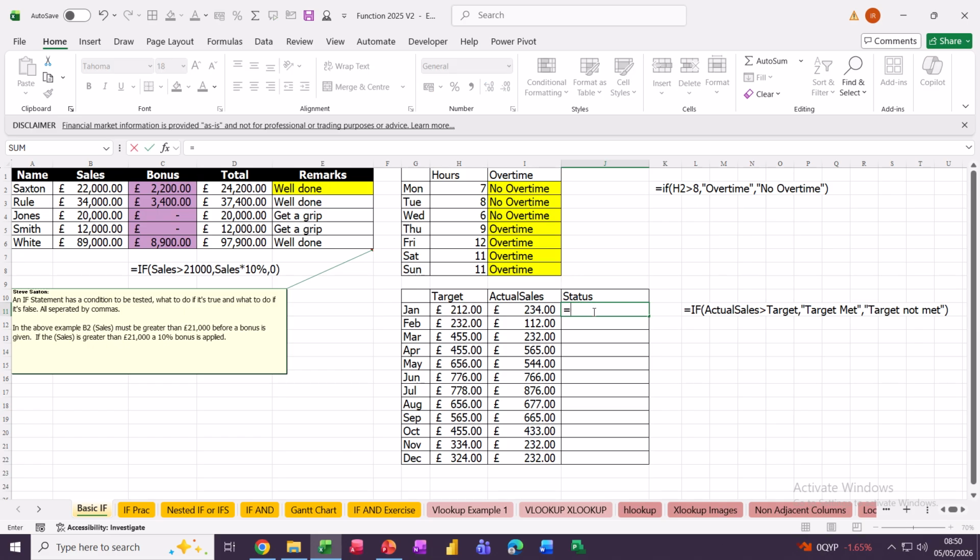So it's equals IF, pressing my tab key. So if actual sales, so I'm typing actual sales, is greater than, I could do equals to as well, than target, that's the test, comma. I want it to say target met, in quotes, comma. If that's not true, it wants to say target not met, in quotes, and then closing the bracket. Then when I tick that,